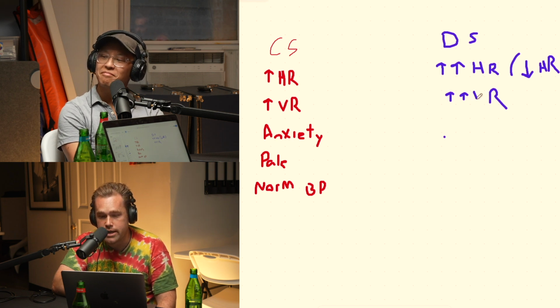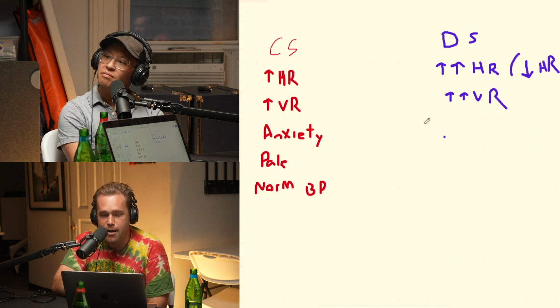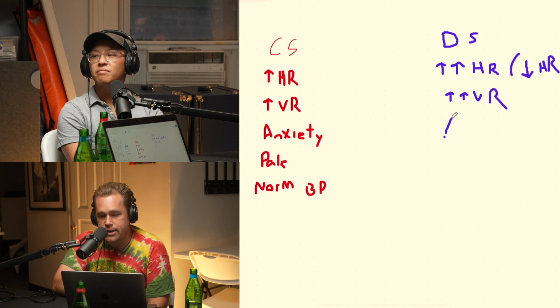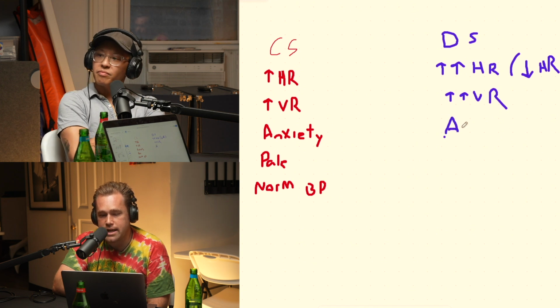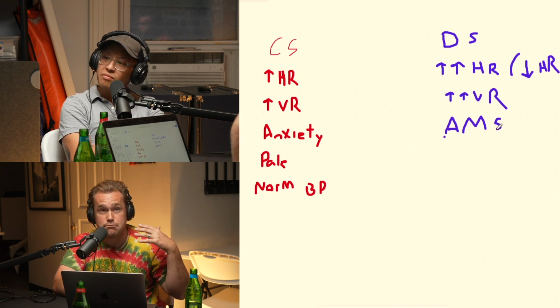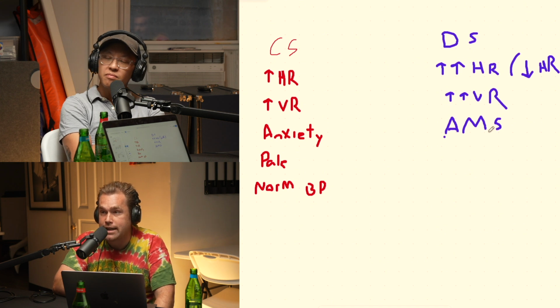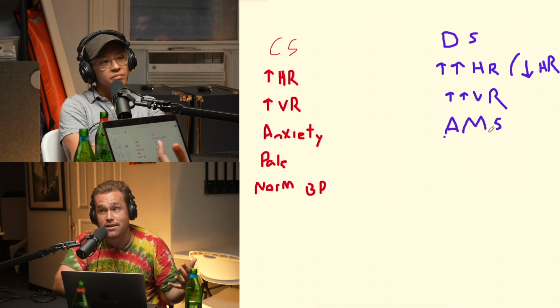So, our ventilatory rate is probably going to increase with the decompensated shock. And I don't know why I put a D there. That's it. So ventilatory rate's going to increase even more with decompensated shock. Instead of anxiety, in terms of a mental exam, you're probably going to see AMS now. So AMS ranging from confusion to unresponsiveness. And that's now because the brain is not getting an adequate amount of blood flow, thus not enough oxygen, not enough glucose.